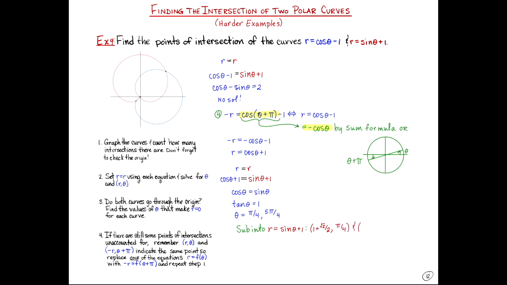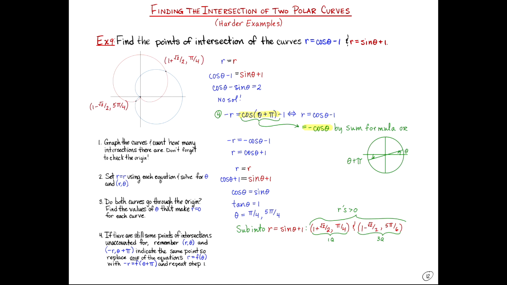And at 5 pi over 4, our r value is 1 minus the square root of 2 over 2. For both of these points, we know that our r values are greater than 0, which tells us that our points map into the same quadrant as the theta values. Plotting those points, we have,